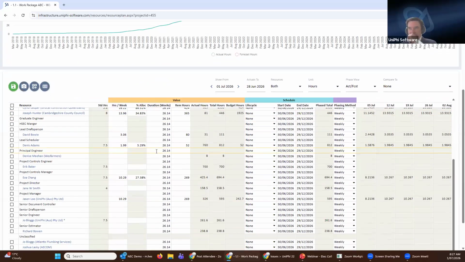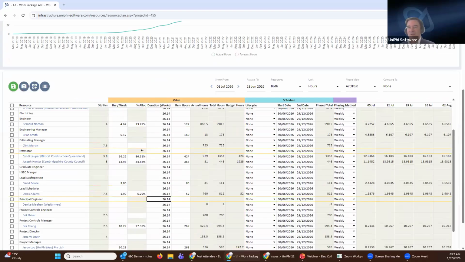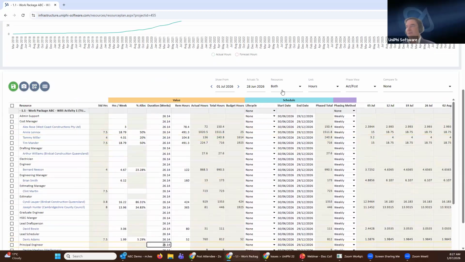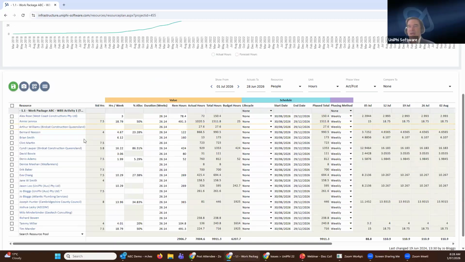Now looking at these value screens, what we've got here, excuse me, is, as I mentioned, people. And as we're only phasing by people at the moment, we can just focus on those. So I'm just going to remove the classification here. Then I've got some information telling me how much availability these people have, who's full-time, who's part-time. And then I can either do hours per week or percent allocation to determine the total number of remaining hours. So if I know Bernard's actually 50% allocated to this job now, I change that to 50%. And that gives him 10 hours a week, which is 262 hours over the 26-week duration.